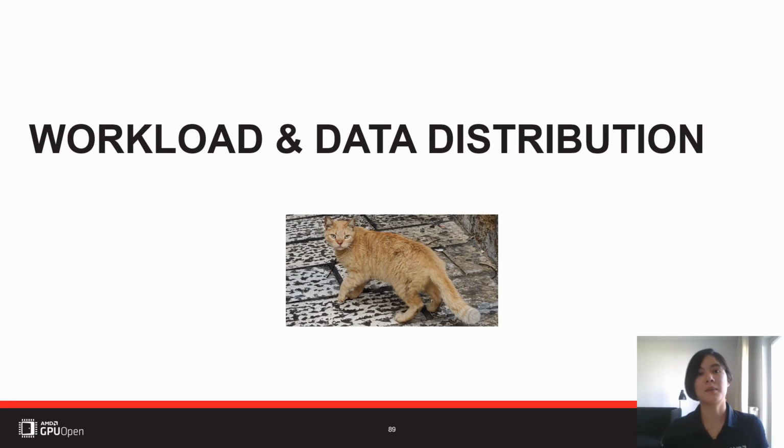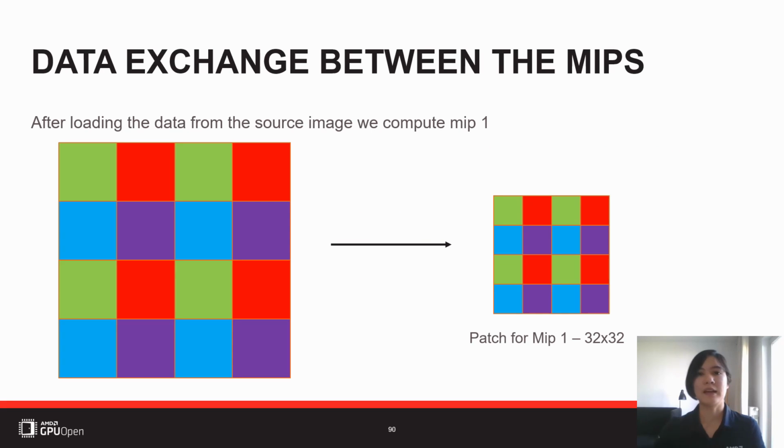Okay, now let's talk about workload and data distribution. And this is basically answering the question. So we loaded from the source texture using the last approach I just presented before. So we have this Morton-like ordering of the threads, and then each thread is loading 4 2x2 quads which are scattered around, so that if you look at a single sample instruction at all threads, they're actually loading a block of 32 by 32 pixels. And then we load from the source texture and compute directly the output values for MIP1.